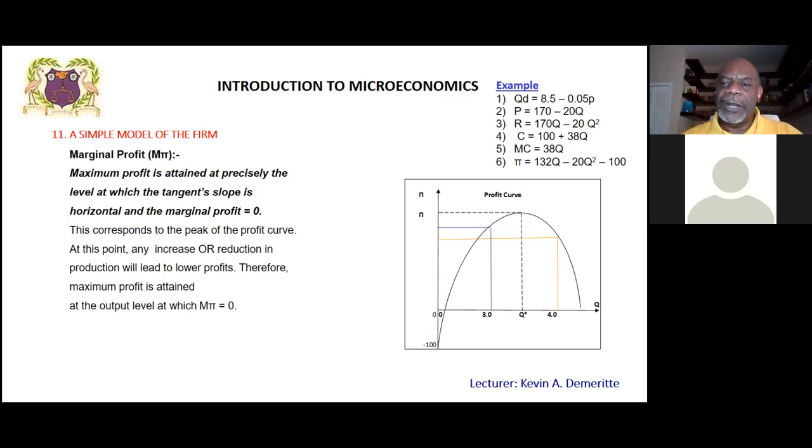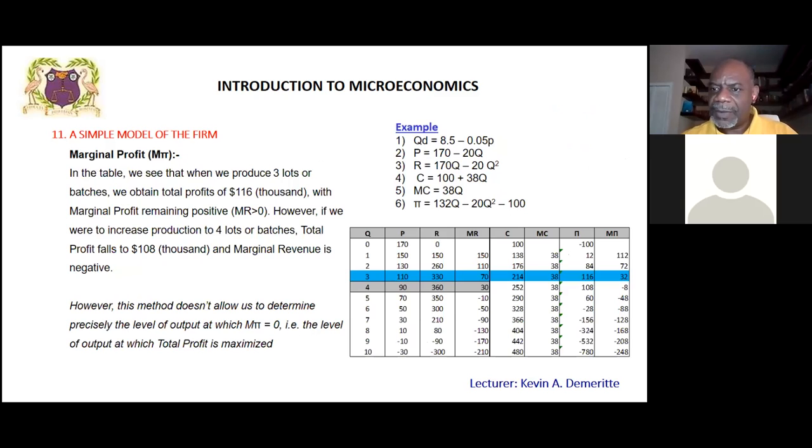And that's easy enough for us to look at a curve and see that, in fact, that point is somewhere between 3 and 4. If we go back to our table, we can see when our output is at 3, our profit is 116. And our marginal profit is 32. That means that when we produced and sold one more item, so when we went from producing and selling 2 to producing and selling 3,